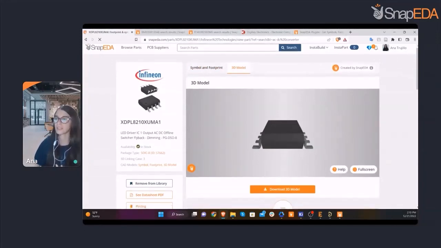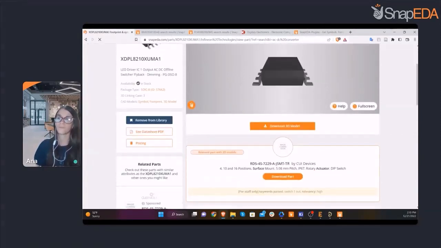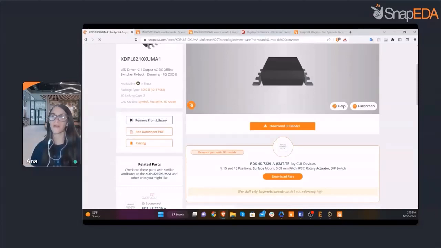And then here on the left, we have this option to add to library. In this case, I already have this part in my library, so I'm going to remove it so you can see it. Basically, this is a way to bookmark your part. If you're going through the website and you think, oh, maybe I want to save this part for later, you can click there and it will be saved in your personal library. Once you're done, say you saved 5 parts or 10 parts, you can go to your personal library and download them all at once, instead of downloading each of them individually.